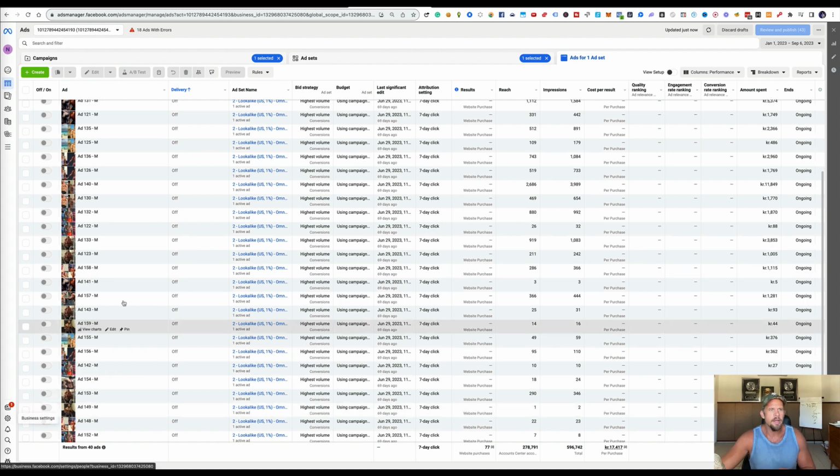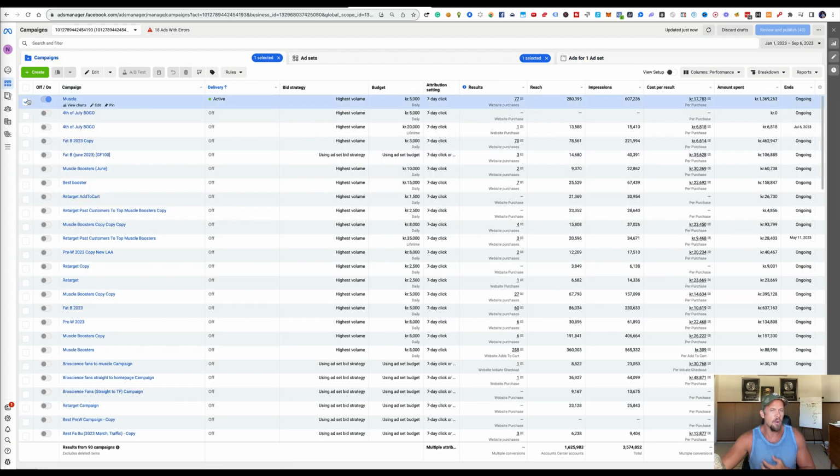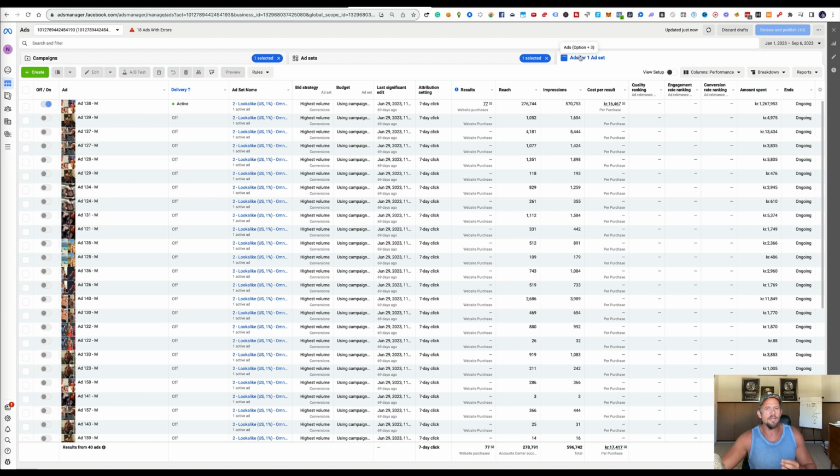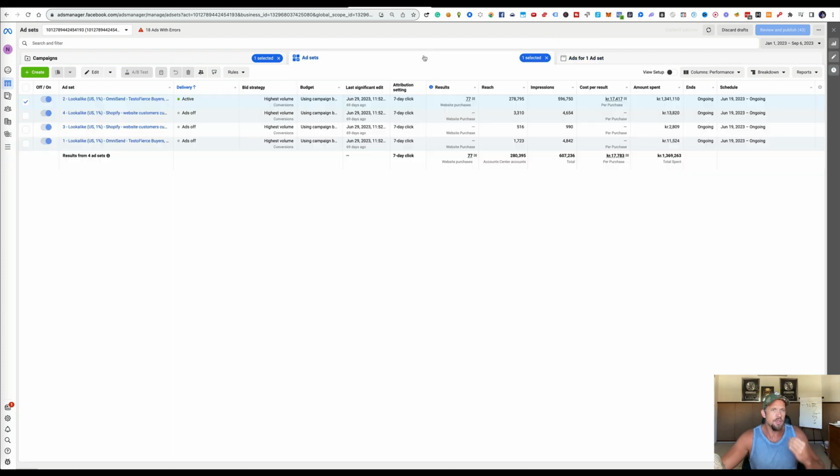Just so you guys can know my setup, I will have one campaign. I will not set the budget on the campaign level. I will set the budget on the ad set level. From there, I'll set the goal for the campaign at the campaign level. Then in the ad set, I will set the budget and the targeting. And from there, I will have just about 3 to 4 ads per ad set. So let's say I set the budget here in the ad set at $1,000